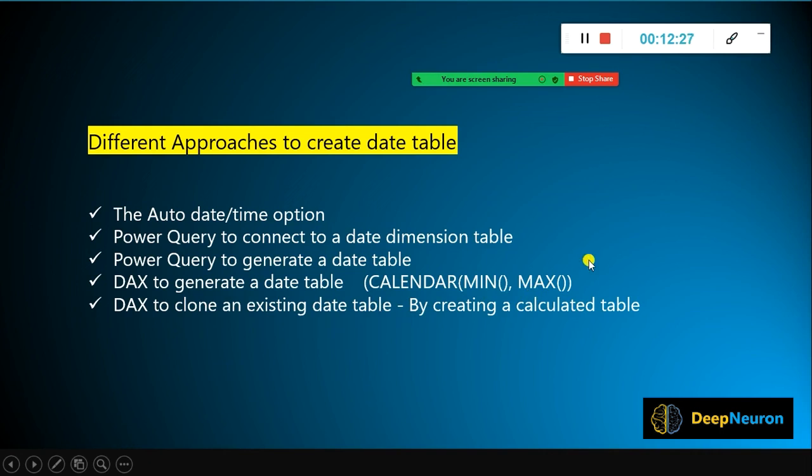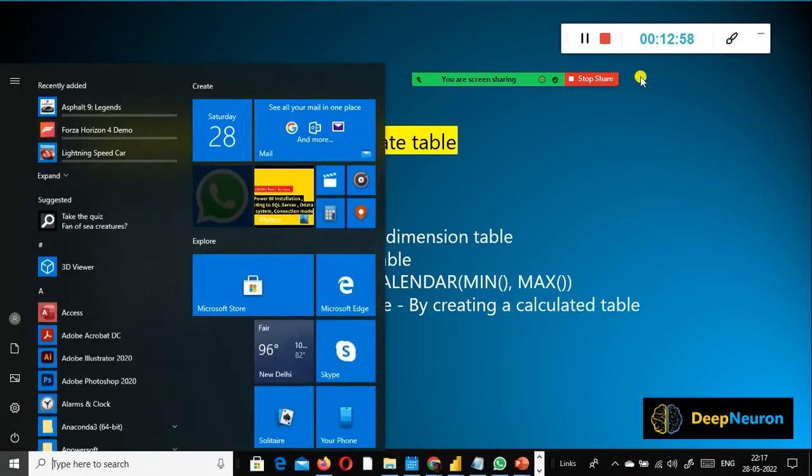Simply, you can clone an existing date table by creating a calculated table, like I showed you. Using the calculated table function, I just duplicated the calendar table. You remember, as part of the role playing dimension, I showed you how to create a duplicate of a table. So now you understand how to create a date table at a high level. And the next one is